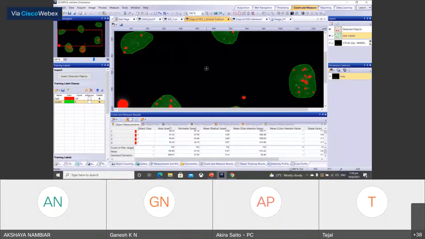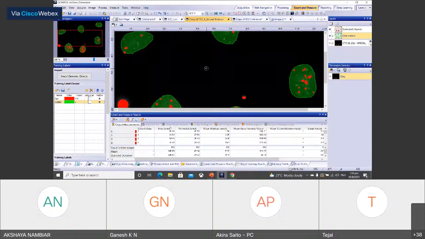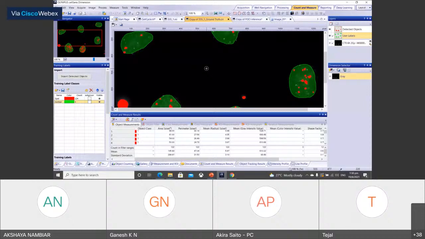And for the training itself, of course, we need several tens or several hundreds of images with ground truth to build the neural network. I just did this for one image, but it actually takes some time to label tens or hundreds of images to create the neural network.